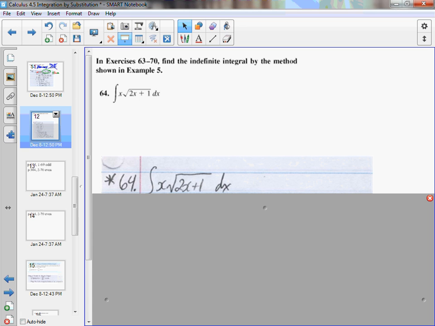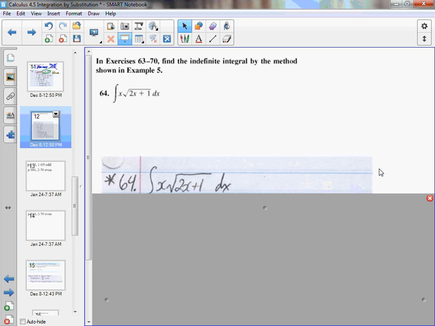So, you're getting a big flashing red light warning, aren't you? They don't even tell you a method with a name on it. It's just the method shown in example 5. You need to be thinking, oh, okay? So, we start off really simple with an integral of x times the square root of 2x